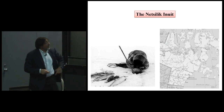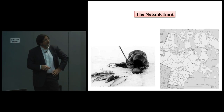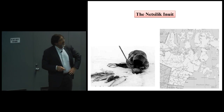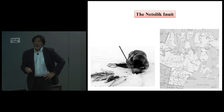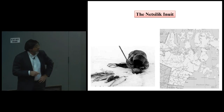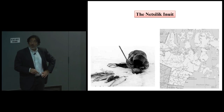So the first group is an Inuit hunter-gatherer group known as the Netsilik, which is largely a linguistic distinction. They live in the barren lands to the northwest of the Hudson's Bay in an area called the Nunavut territory. And they're hunter-gatherers. And here you see one Netsilik who is trying to spear fish through a hole, which can